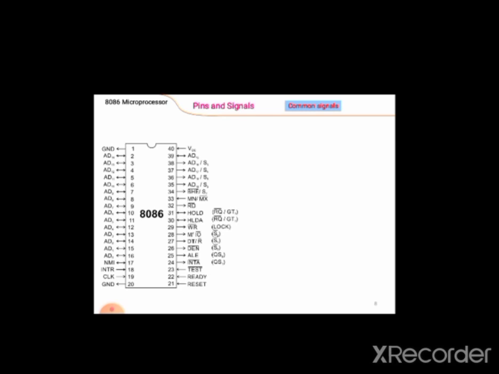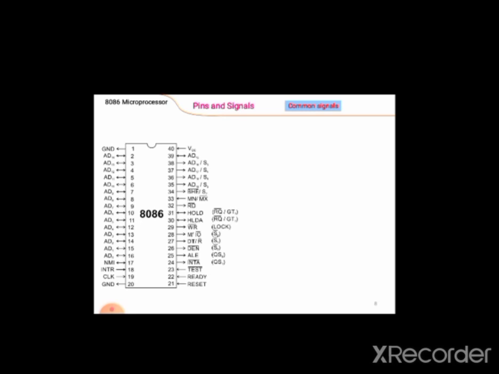Now what do you mean by status? As I said, the memory of the 8086 microprocessor is very big. So it is separated into different parts, which are called segments, and each segment belongs to one segment register. So this big memory is divided into segments, and we have to check the status of each segment register, whether it is empty or whether it is full with data.